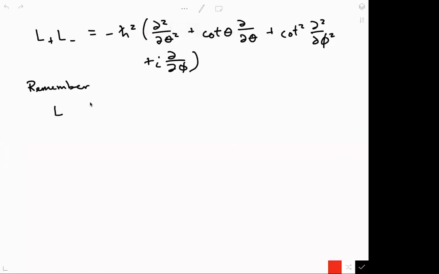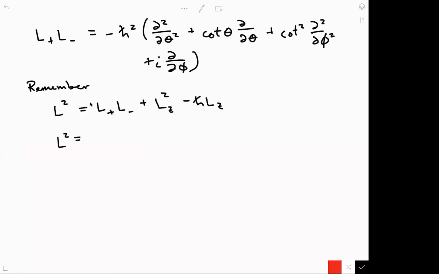We could write our angular momentum operator in terms of the x, y, and the z component, but because the raising and lowering operators are in terms of the x and y component, we could write our angular momentum in terms of our raising and lowering operators and also our z component in this way. Right? So because of that,